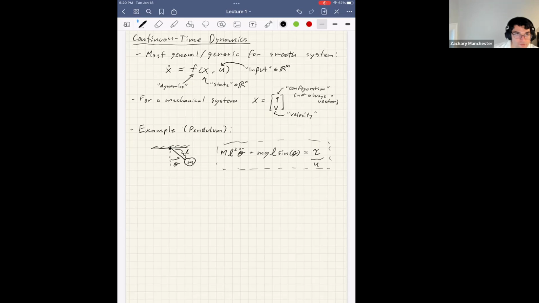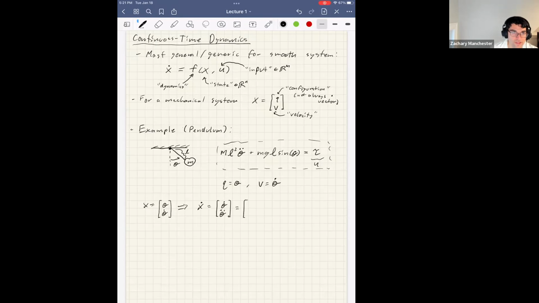And here, looking at our generic form of dynamics, we're going to put this into that generic form. To do that, we need to define our configuration and our velocity and stack it up in that standard form. Here, our configuration Q is just theta, the angle, and our velocity V is going to be theta dot. If we put this together, we get x equals theta dot, and then our dynamics is going to be x dot, which here is equal to theta double dot, is equal to,